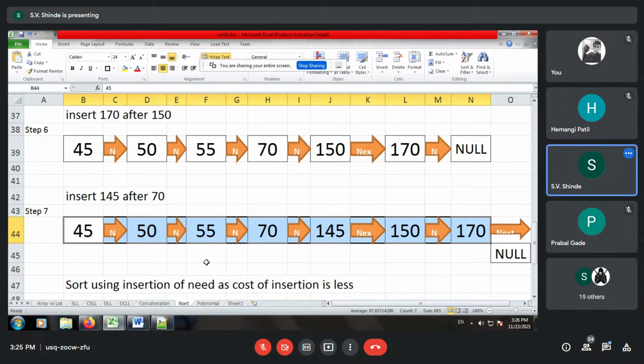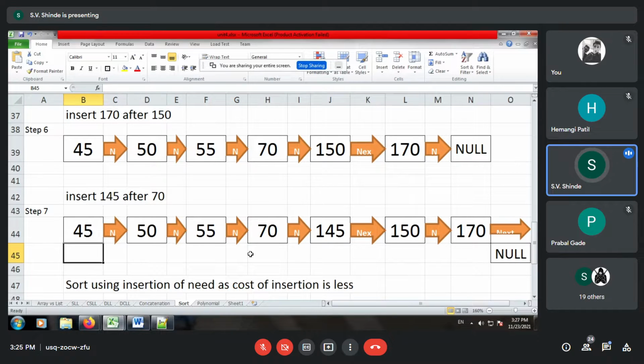Since it is a linear linked list, we start from the head node for comparing and searching, and we get the result whether data is found or not, in the worst case, after the nth node is compared. So if there are n nodes, we take O of n as the time complexity. Do you agree with this?